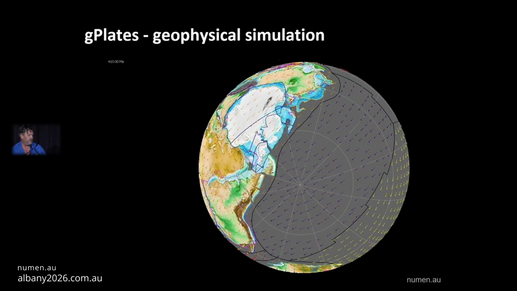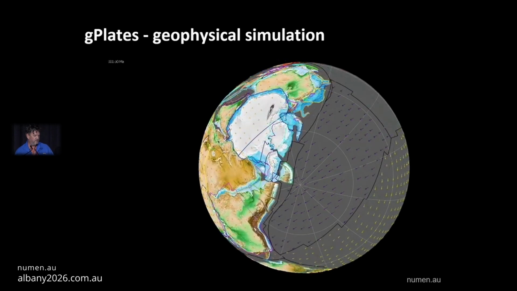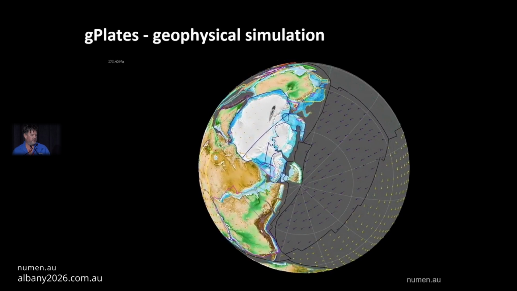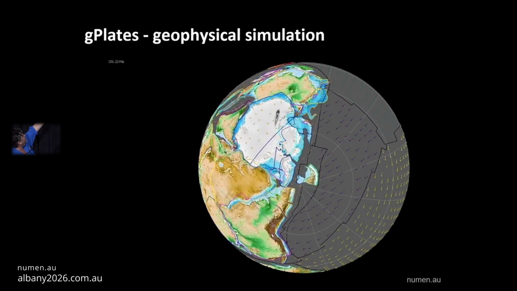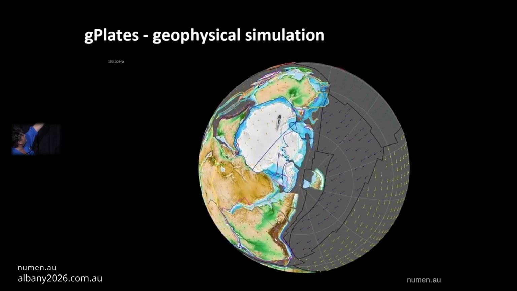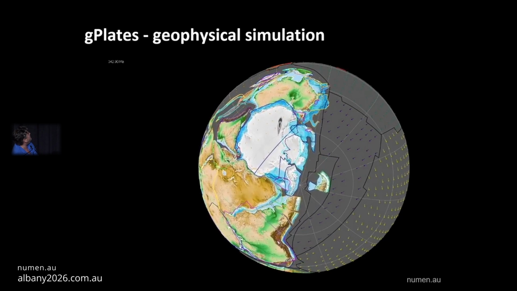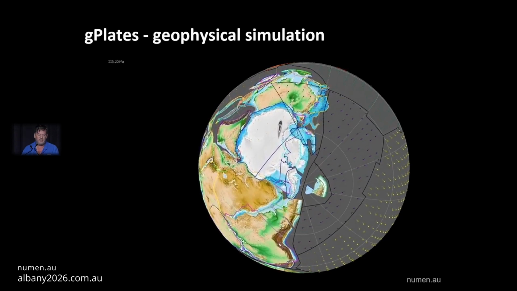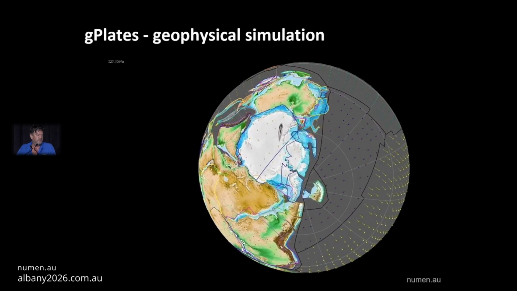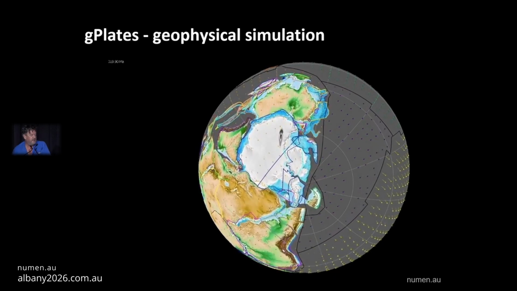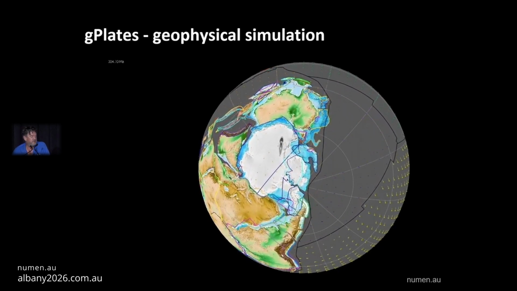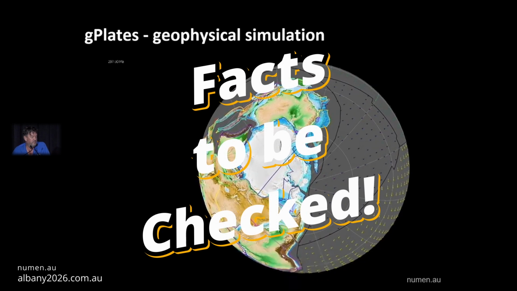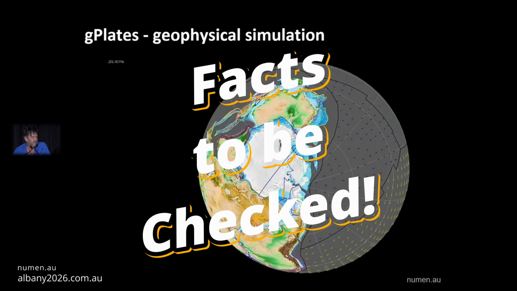This is a movie rendered from a piece of software called GPlates. You can see in the top left-hand corner a countdown from about 350 million years ago. We're looking at a southern polar stereographic view of the Earth, slightly offset, and you can see the bits of the supercontinent of Nuna moving around. I think this is Nuna. I'm pretty sure it is at the moment, but I may be wrong. I've got to check my facts about some of these things.